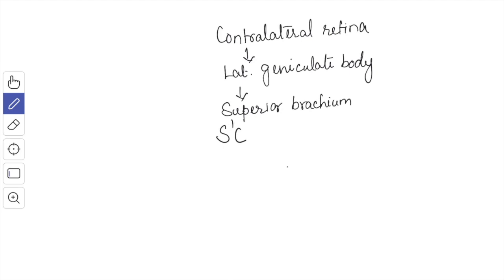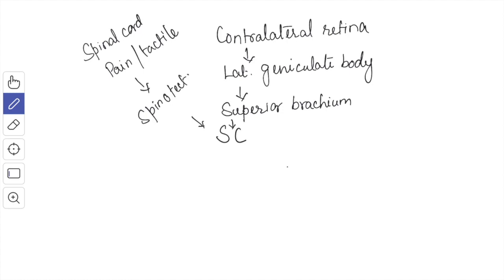So this is one afferent. The second afferent is from the spinal cord, the pain and tactile fibers through the spinotectal tract. So this is the second afferent, and the third afferent is from the frontal